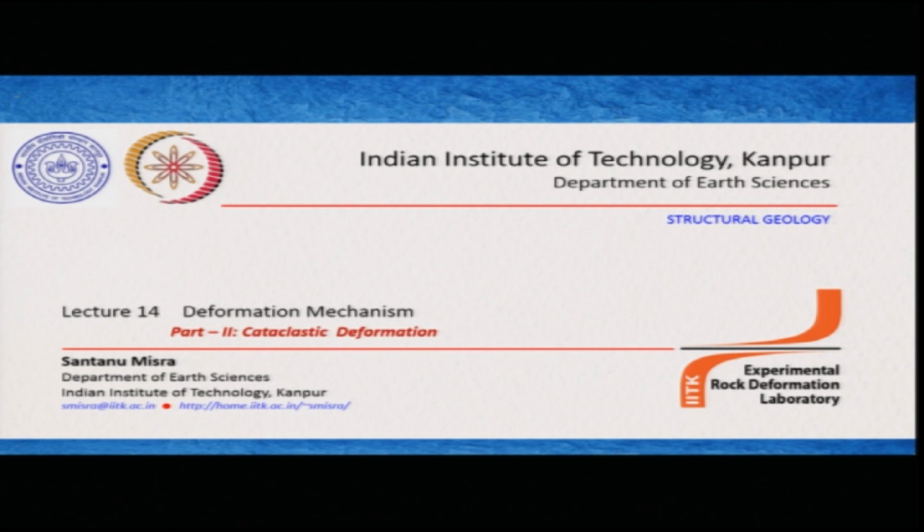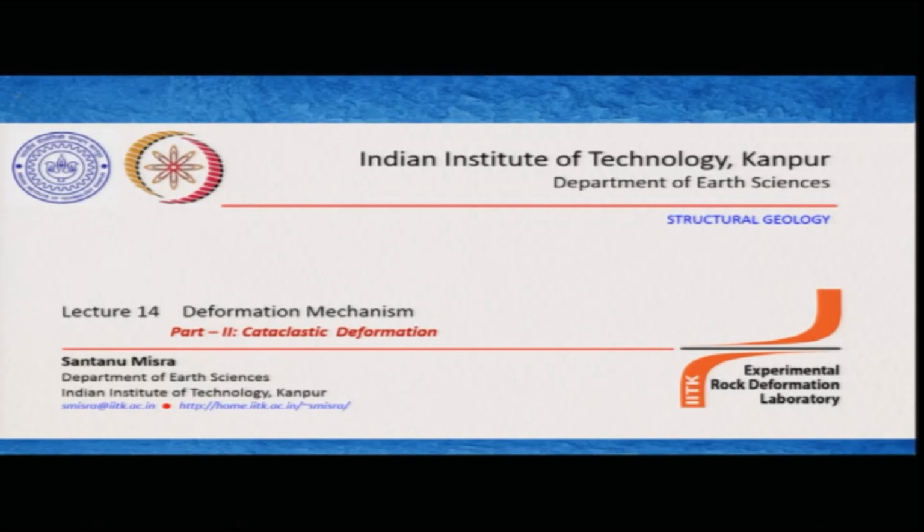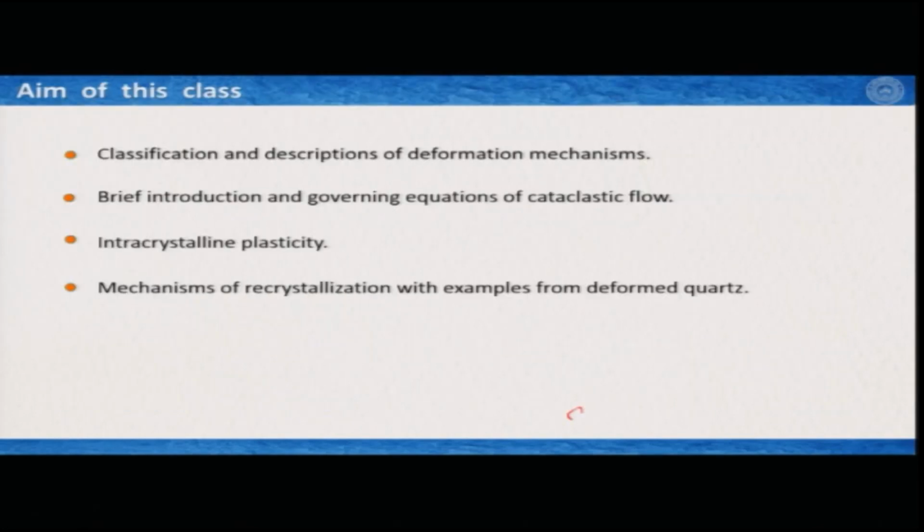Today we are in our lecture number 14 and we are learning deformation mechanism of rocks. So in the previous lecture we learnt about different types of crystal defects, and today we will mostly focus on cataclastic deformation, which generally happens at the surface or shallow part of the earth. And we will follow in the next lectures with intercrystalline plasticity and then mechanisms of recrystallization with examples from deformed